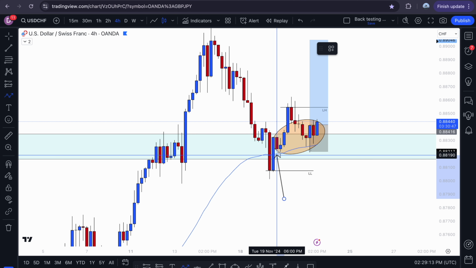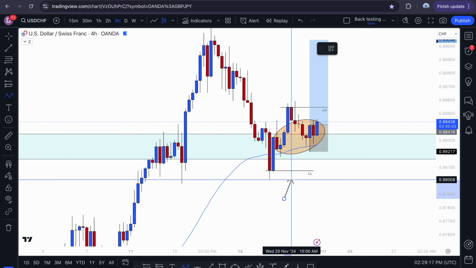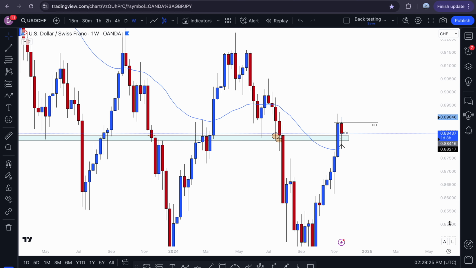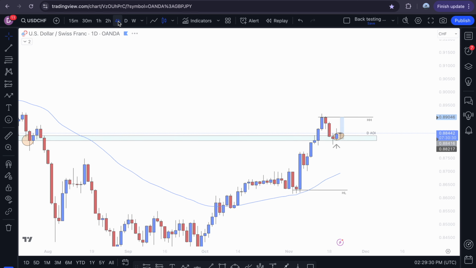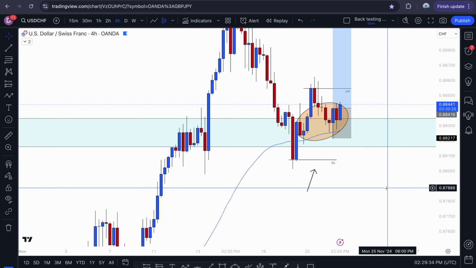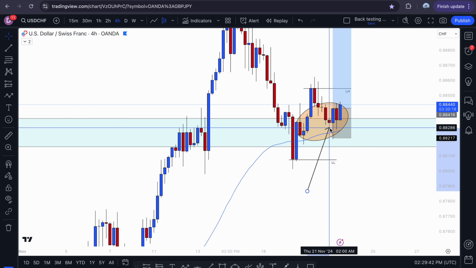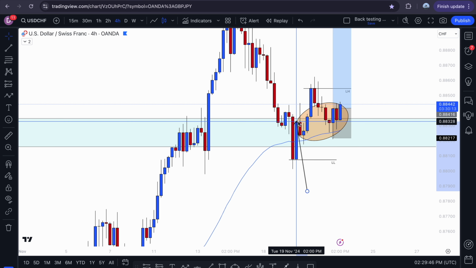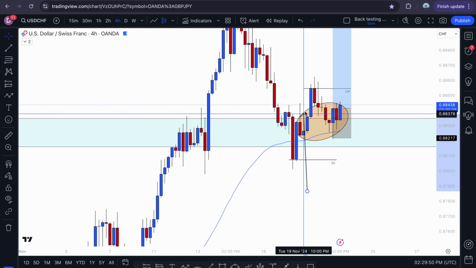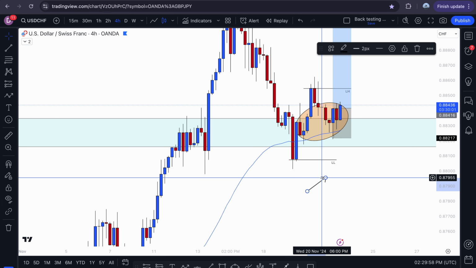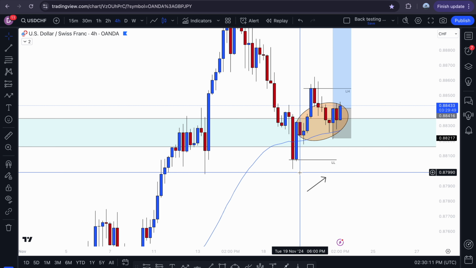Then we have the trends. The trends are bullish. The 4 hour and the daily are bullish. The weekly might even be bullish, I can't remember. Yeah, the weekly's bullish, the daily's bullish, the 4 hour is bullish. So on the 4 hour time frame alone, we have one confluence, morning star, two, EMA, three, previous structure, and four, the trend being bullish. I know it says lower low, lower high, but it's supposed to say higher low, higher high. So there are multiple confluences that come together to increase the probability of price pushing up from this area on the 4 hour. And you want to take that same approach